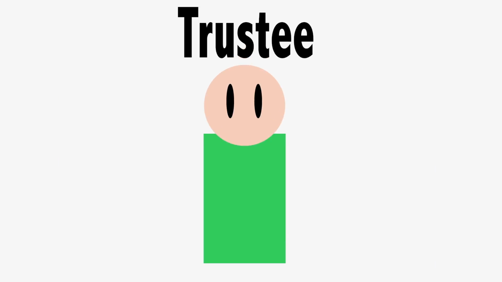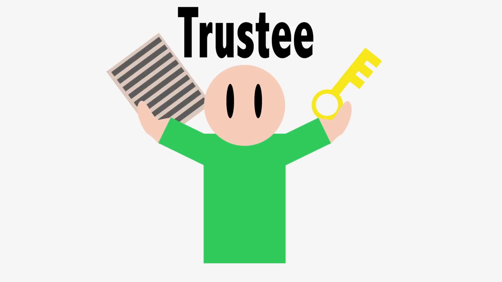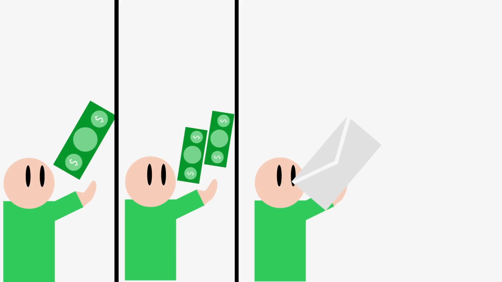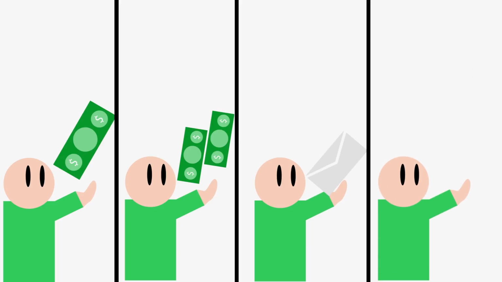Now, beyond just being handed over the keys of your living trust, your trustee is actually going to be able to follow a set of instructions you leave behind, and this is where things get good. See, in these set of instructions, you can decide on a multitude of choices, like who's going to get what, how much they can receive, how they receive it, and finally, what I think is the coolest one, well, how they are allowed to use whatever they do receive. Like for example, if you give someone money, you can say that they're only allowed to use it for groceries or college or something along those lines.